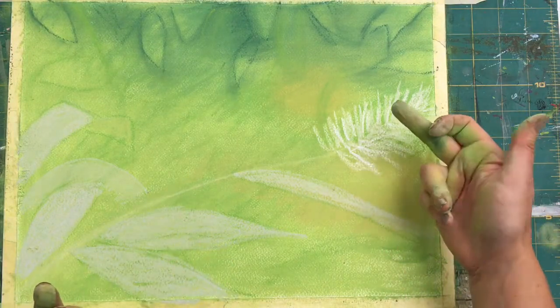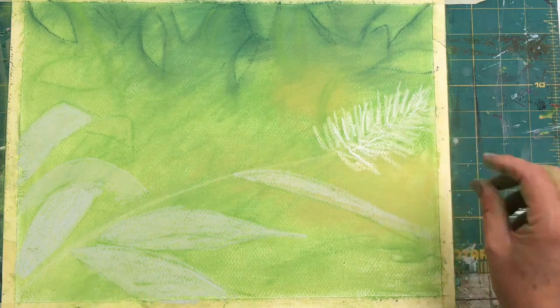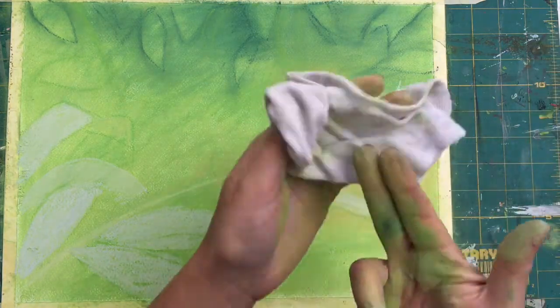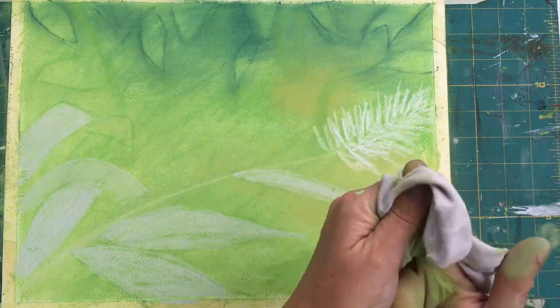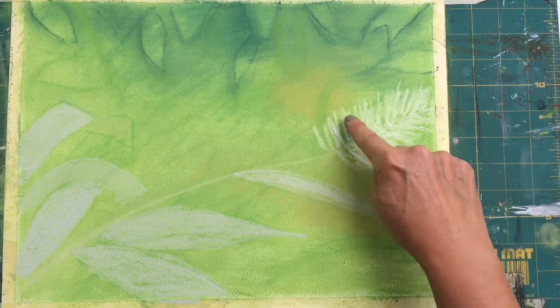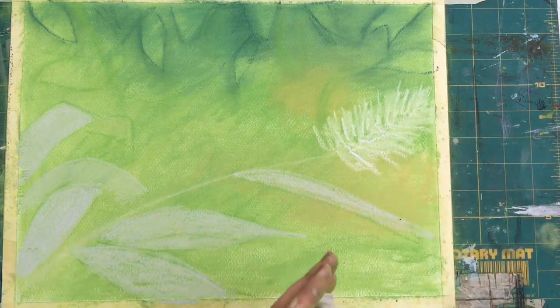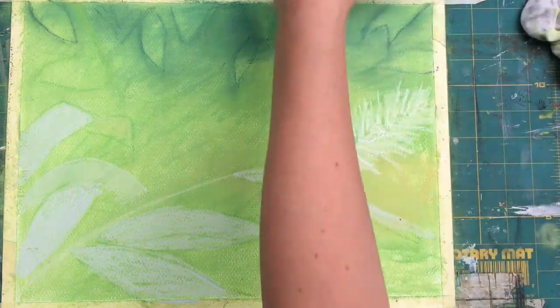The last thing I want to do is put my dirty fingers onto this white area. So if you just rub off your finger, I mean, you can go and wash your hands, but if you just rub off your finger, and then you can go in and just pat it in a little, because what we're going to do is put some detail on that afterwards. Okay, so for now, let's see,